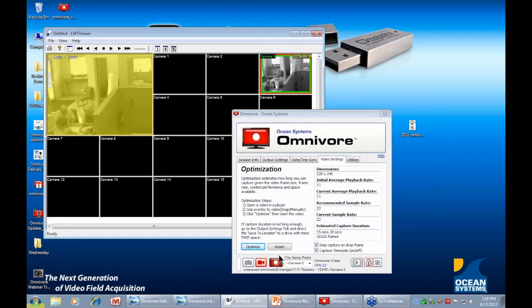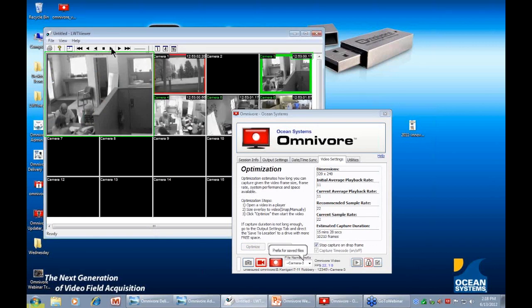I've named my camera, camera 3. I've got my video overlay screen in place, and I'm ready to capture my video. So what I need to do is just click on the record or capture button, and when I think I have whatever video I need, I would click that again to stop. So I'll click, and you'll see a little countdown clock, 3, 2, 1. And as it's starting to collect the video,